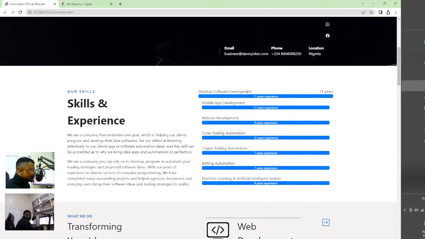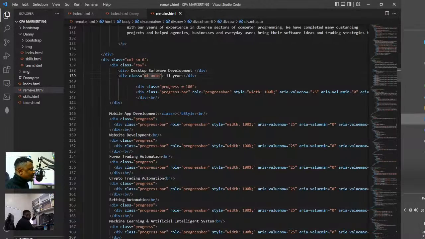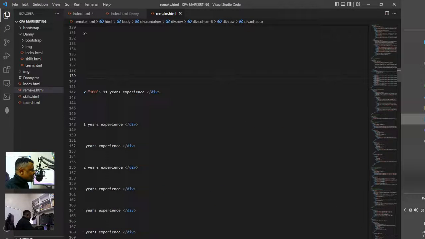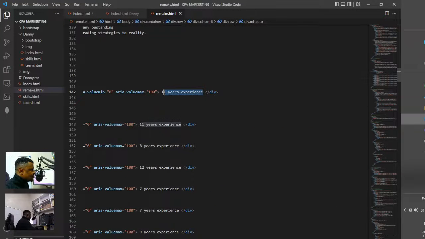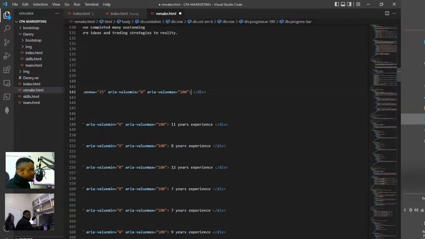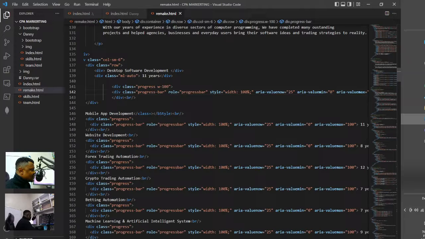Desktop software development. Okay, 11 years of experience. Eight years of experience, I think this one. Okay, let me first of all remove this 11 years of experience over here. So I've taken out the experience now, right? And the color